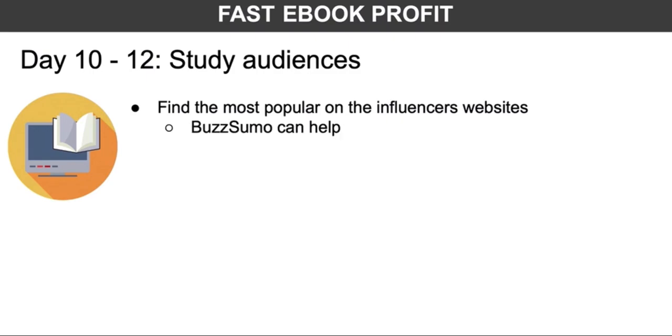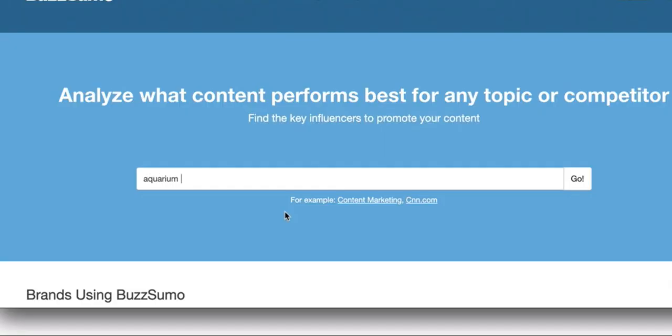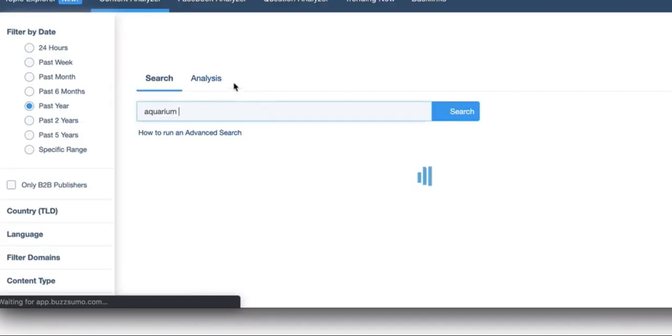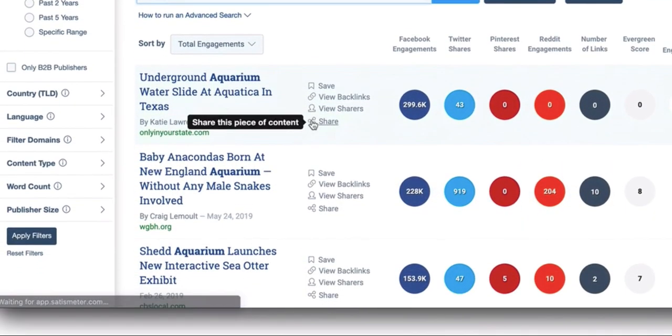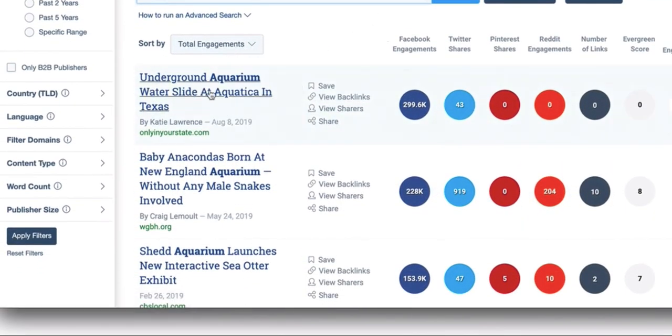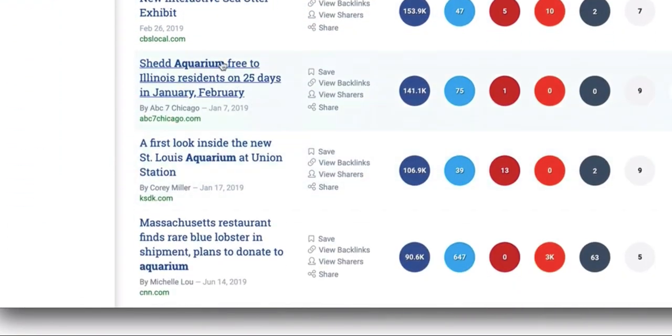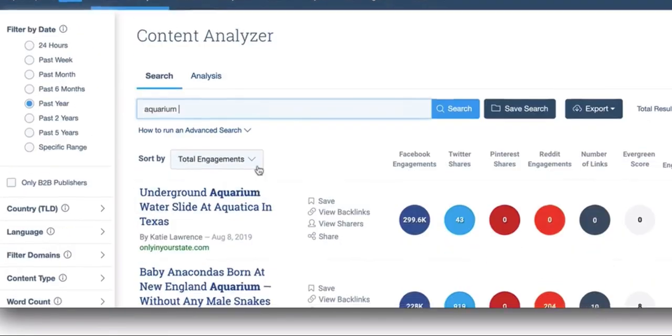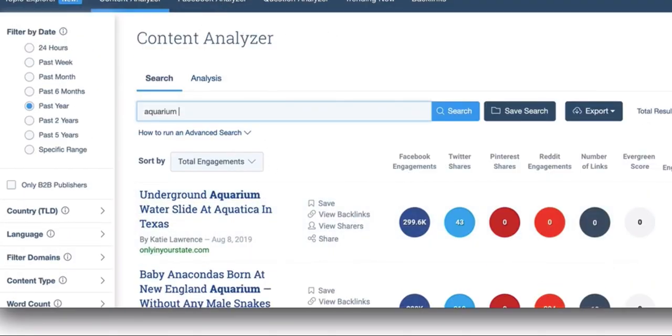So if you go to buzzsumo.com, and if I type in something like aquarium, it's going to show me what content is performing really well on which websites. So here you can see Underground Aquarium Waterside has got almost 300,000 engagements on Facebook. And then we can go through this list, see the websites, and then we can take things a step further